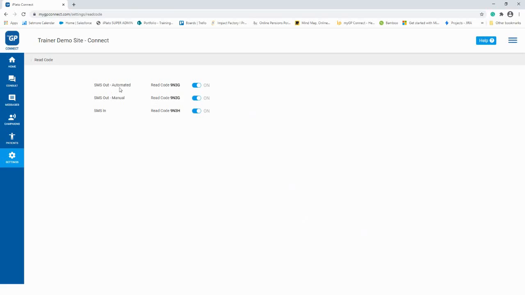So here we have SMS out automated. So that's like an appointment reminder, sending an automated message. SMS out manual. Now that is like sending out your ad hoc messages, or like we're going to do today with a health campaign. We can see they have the same code because it is letting us know that as soon as you send a message out to your patients, that code will go back to your patient care history for EMIS or patient record for your System 1 and Vision users to update that you have sent a message